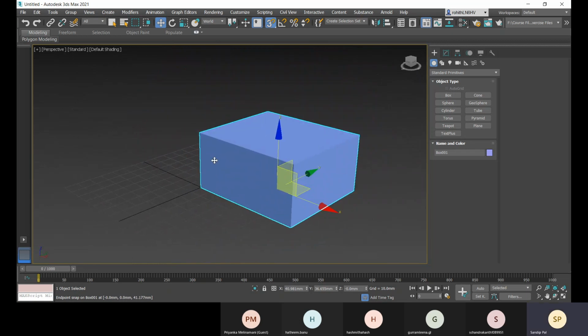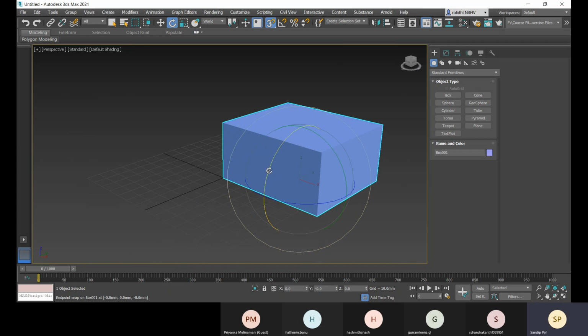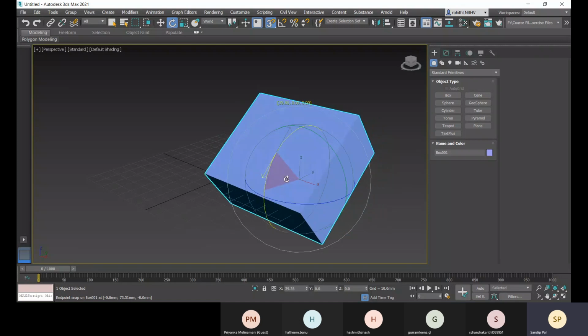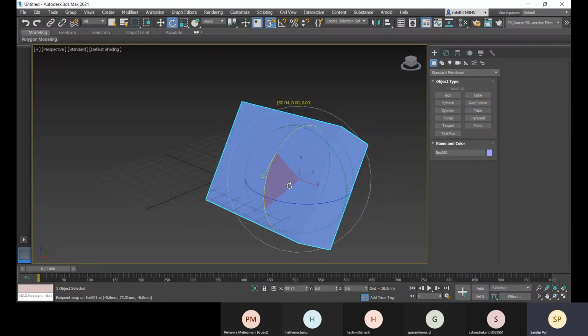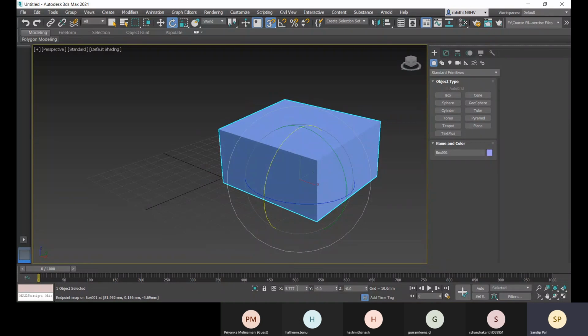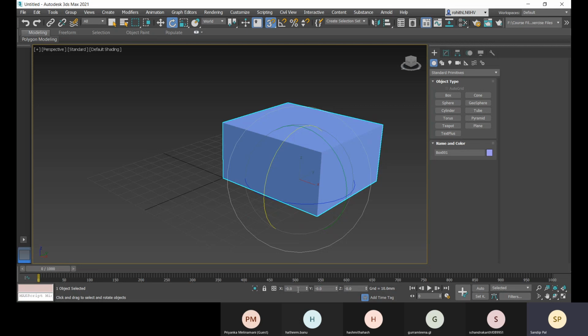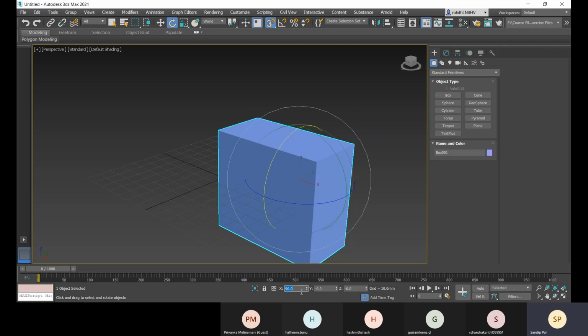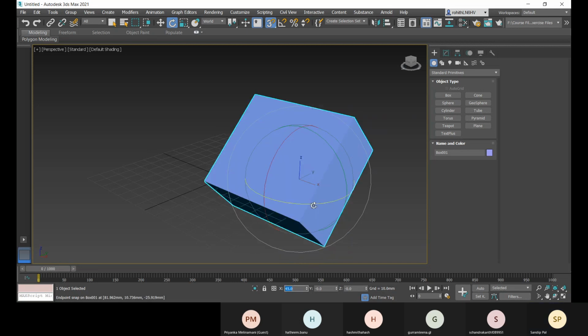Right. Now we also have our rotate gizmo, which will help you to rotate along the x-axis, y-axis, and z-axis this way. You can also apply a particular angle by typing it. Let me go for 0 first, and then in the x direction, let me place 90 degrees. So it will rotate 90 degrees. You can rotate 45 also. So this way you can go with the precise value in the coordinate section.